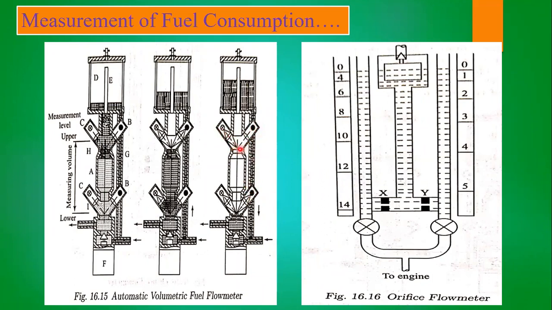Whenever the fuel level is here, it is going to emit some light and reflect back to the photocell, where the timer starts. And whenever the fuel is here, light is emitted and reflected back to the photocell. Whenever the photocell receives the light reflected by this light source, it is going to stop the timer. So we can record the time automatically now.